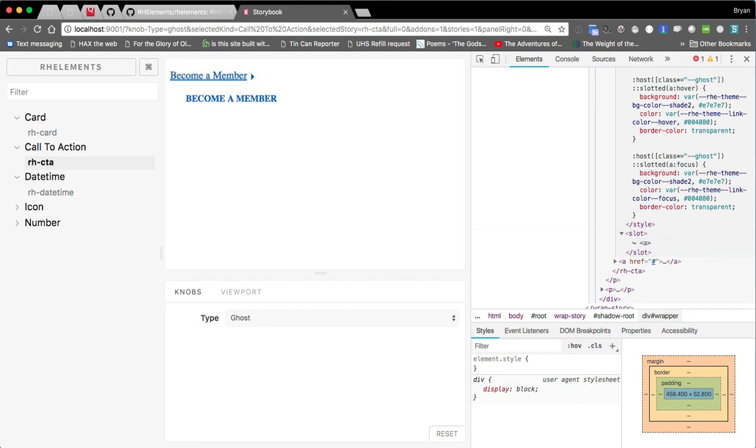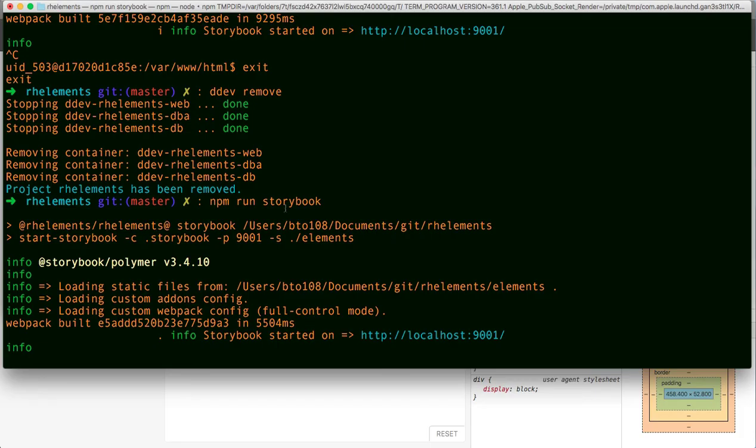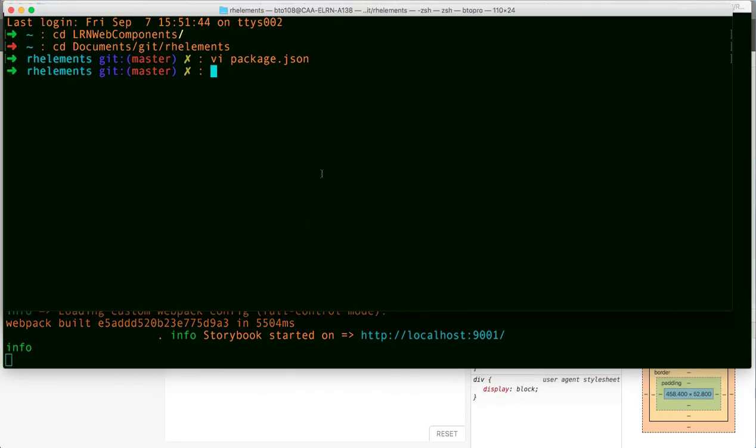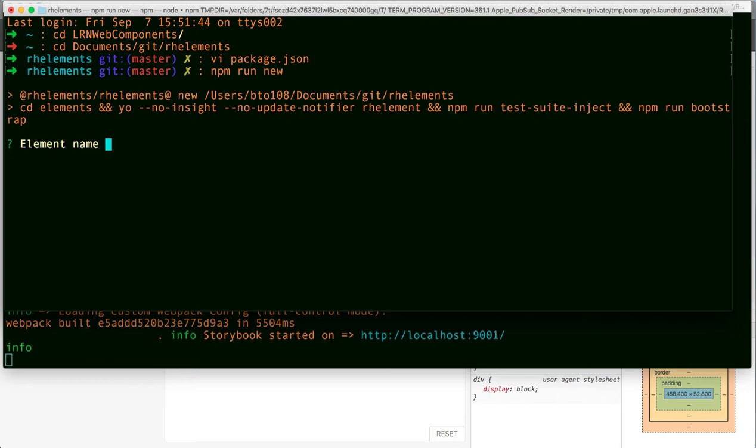Why would I freak out about this? Well, it's because I forked their generator script and extended it substantially. The original generator script is really impressive. So npm run new. And when you do npm run new, it asks you, hey, do you want to make an element? And what's the name of the element? Their original invocation of this said, hey, let's make an element name. And so I'd say like,